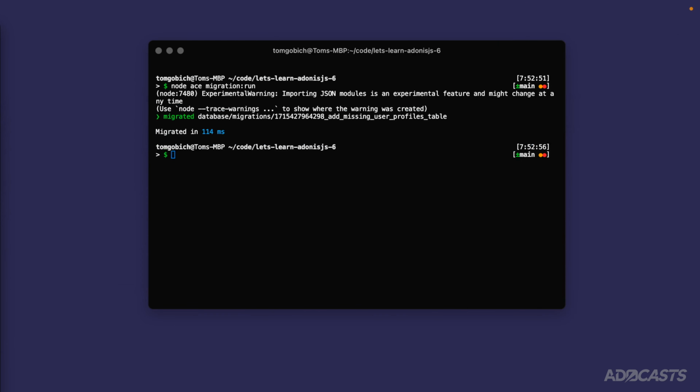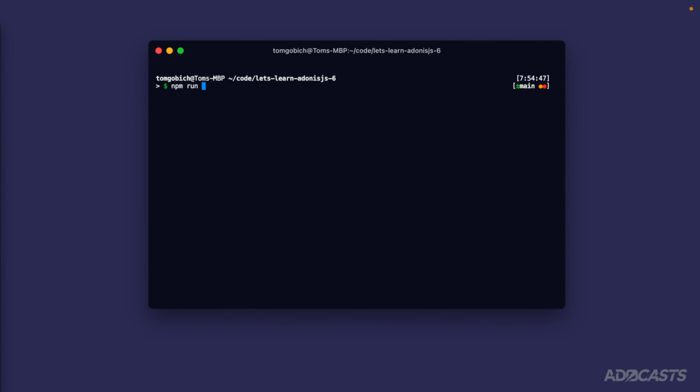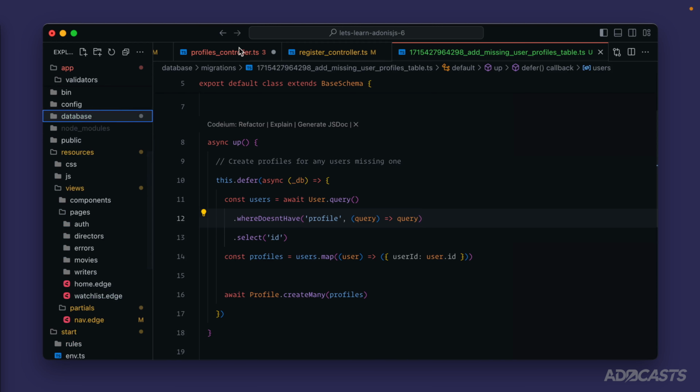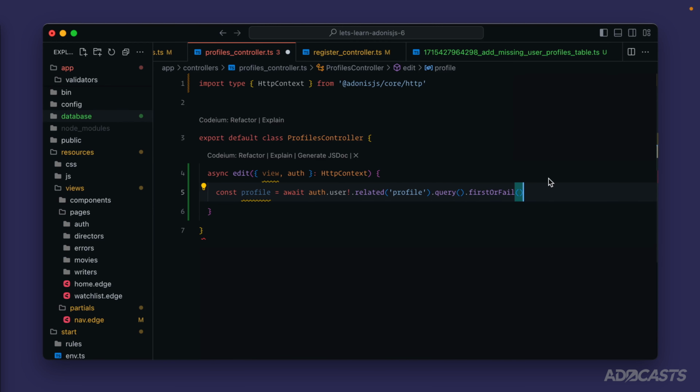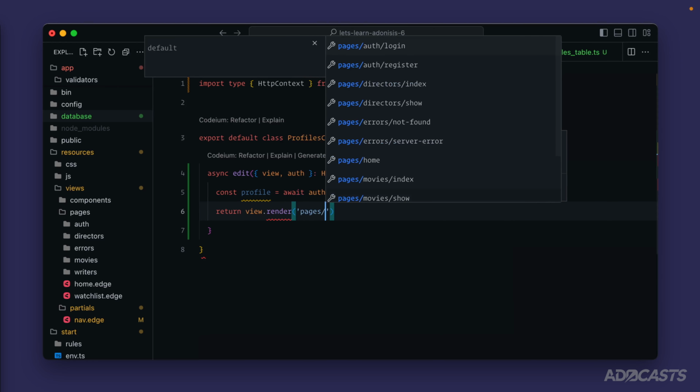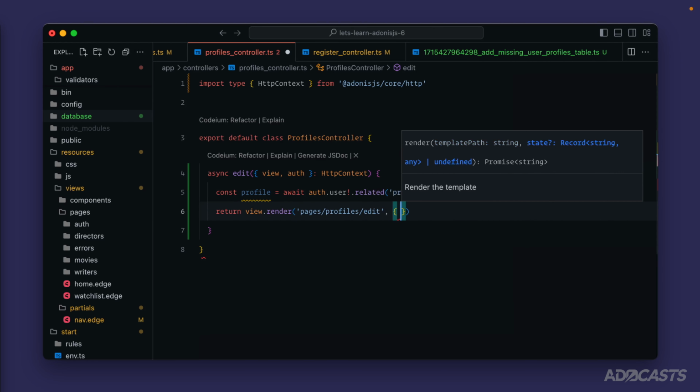Cool, so we can hide that back away, clear this out, and boot back up our server. Jump back into our text editor. We can collapse down our database and jump back into our profiles controller. And now we are safe to make this assertion because we've now verified that our users will always have a profile record. Meaning we can go ahead and just return view.render and pass in pages, profiles, edit with stateful information